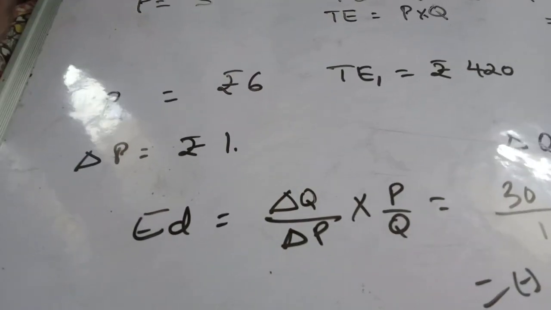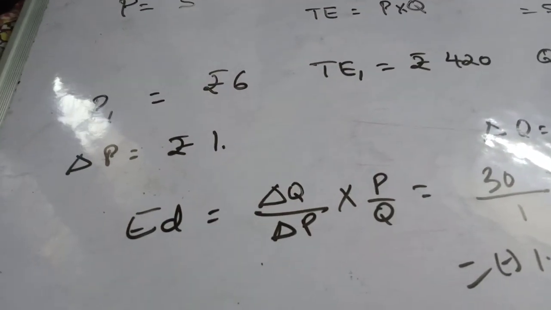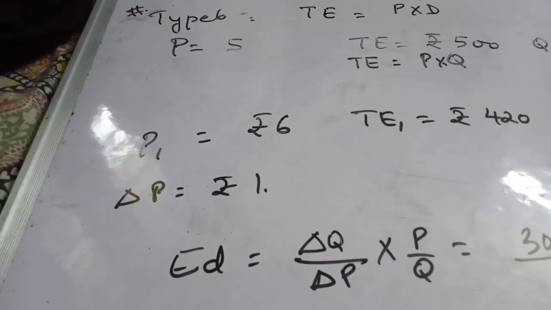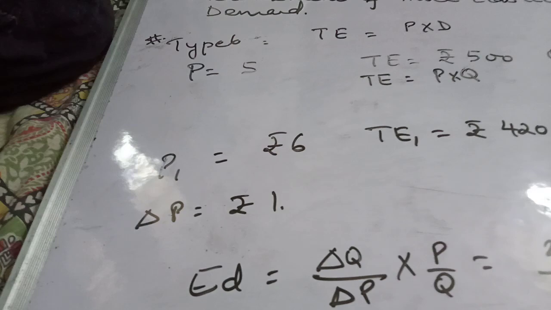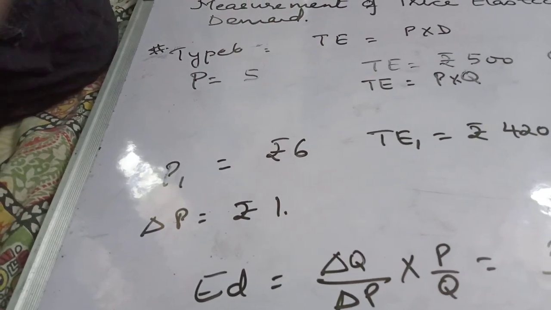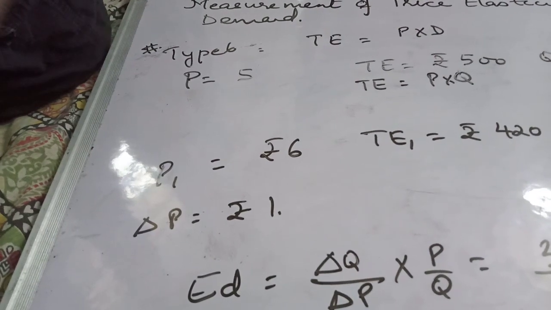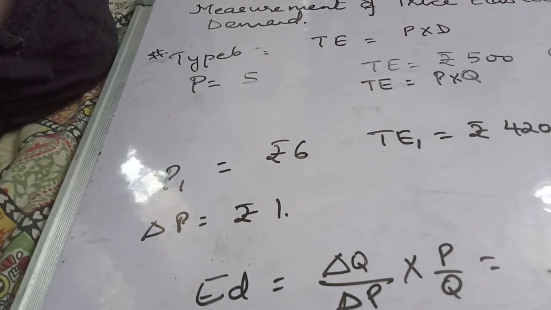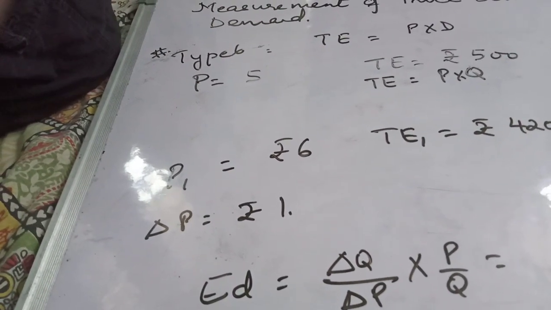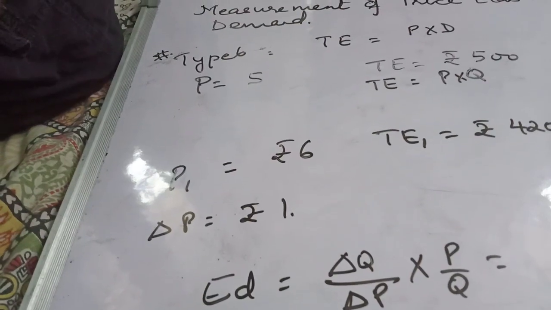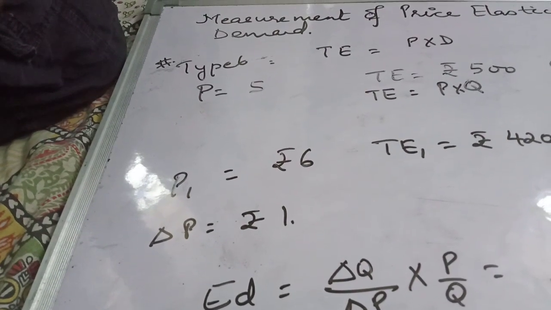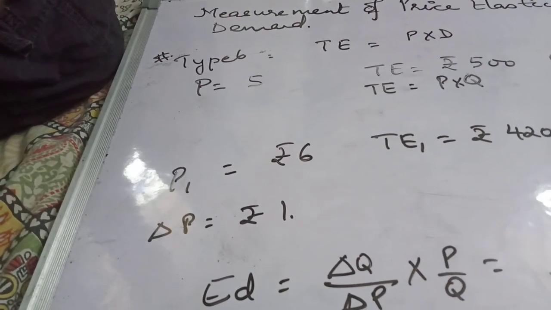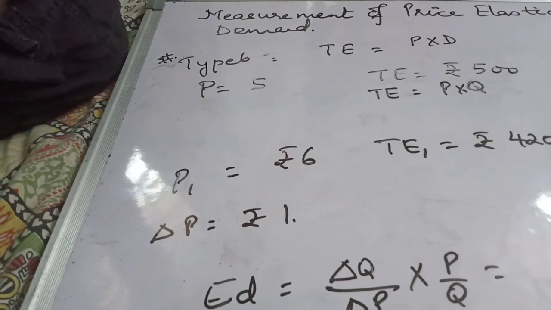I'll give you certain miscellaneous questions. Please write them, do it on your own. When price of a commodity falls by 1, by which they mean delta P falls by rupee 1, its quantity demanded rises by 3 units. If elasticity of demand is minus 2, calculate quantity demanded if price before change was rupees 10 per unit. And the answer for this is 18 units.